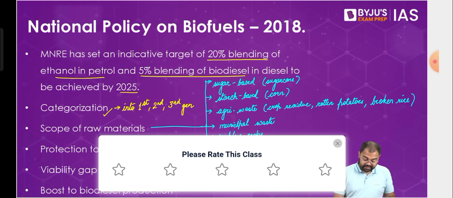Then after that, one last thing is used cooking oil. Now, why has used cooking oil been mentioned here? First of all, we know that if you have used the same oil over and over again, if you have reheated the same oil 5 times, 6 times, then it can have very serious health implications. It is even linked with diseases like cancer. Used cooking oil is very, very bad for health.